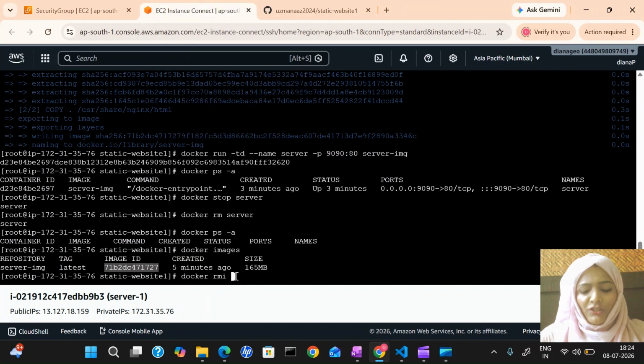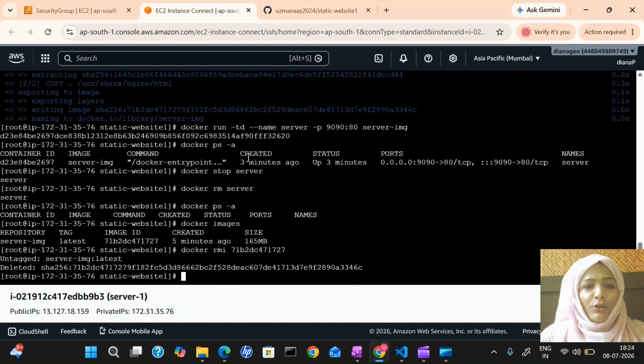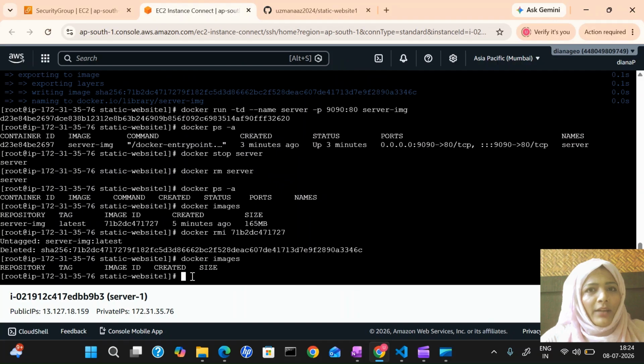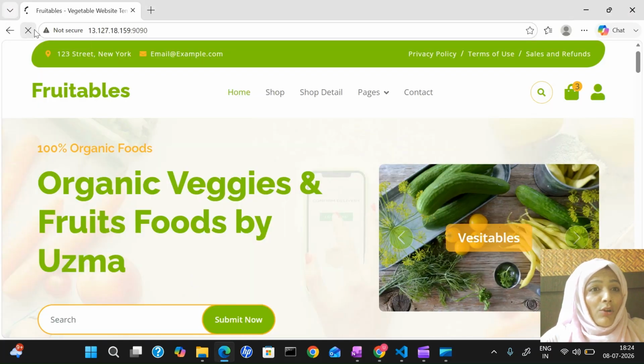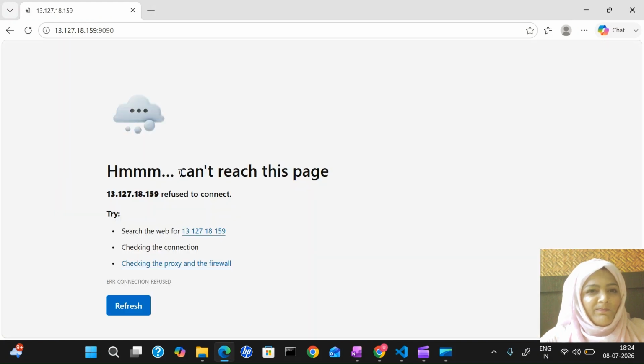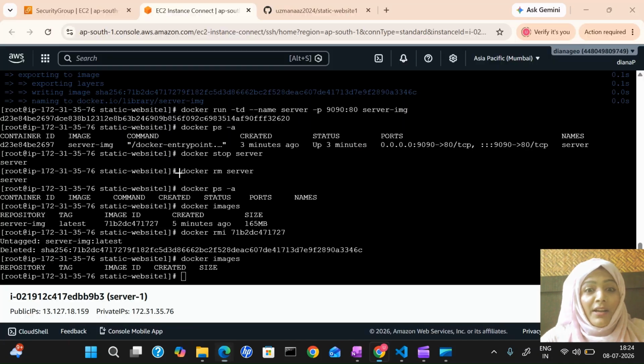I'm not explaining each and every command because I'm expecting this is the project. So those watching this video already have a little bit of idea about Docker and Git, right? That is why. If you want a step-by-step explanation of each and everything, I will upload that as well, okay? Very soon. So if you check now, docker images, there are no images present, right? If I check here, there is no container. It's not going to show anything. The container has been deleted, right?